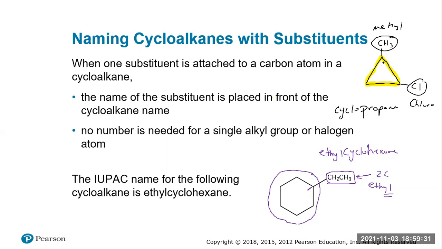So if we numbered, starting with the methyl group, this would be carbon 1, this would be carbon 2. If we started numbering from the chlorine group, this would be carbon 1, and this would be carbon 2. Now, in this case, it's kind of a tie in the sense of we get 1 and 2, 1 and 2. So what's most important here is alphabetical, which means that M should come after C. And because C alphabetically should come first, we actually would want to give it the smaller number and number in this direction. And this would be something like 1-chloro, I'll try to squeeze it in,